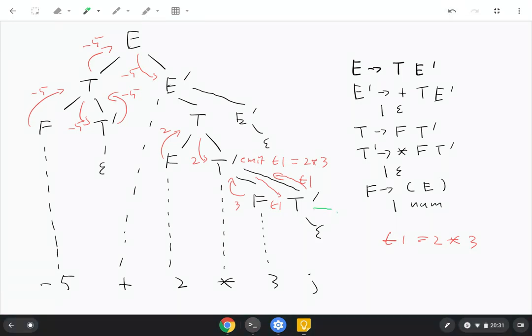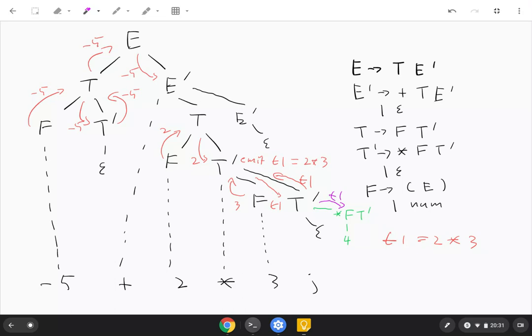So let's say it was times F T prime, and F turned out to be like 4. Then T1 would be passed to it. Let's use a different color here. So T1 would have been passed to F,